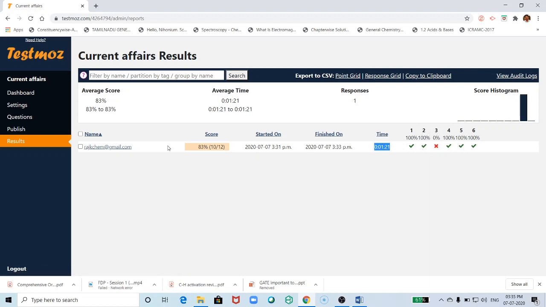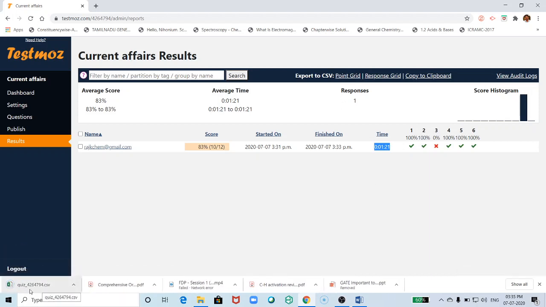And you can also download this result as an excel file. If more than 50 students have participated in this quiz, you can see the list of email ids, the list of scores, the time, and the time taken by the student participants. You can see this in the excel list. If you want to download this as an excel file, here you can see export to csv. If you click this,